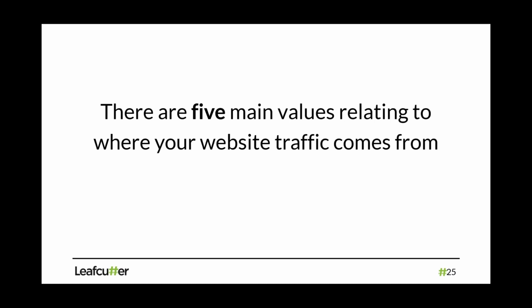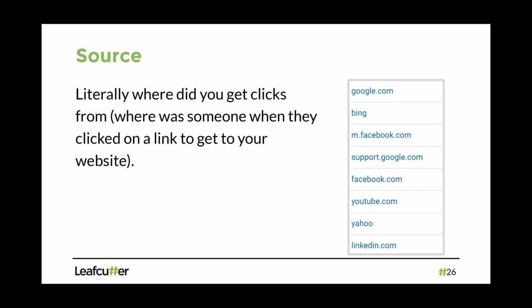Now when we think about the traffic and where it comes from, Google Analytics uses five values to categorize that traffic and group it together. So that's what we have to work with in the reports. You would have seen this in a few of the reports, things like source and medium and campaign. And channel is another one we'll talk about as well. So I'll run through what those five are, and we can talk about them a little bit more.